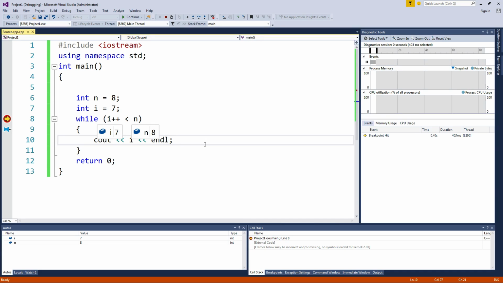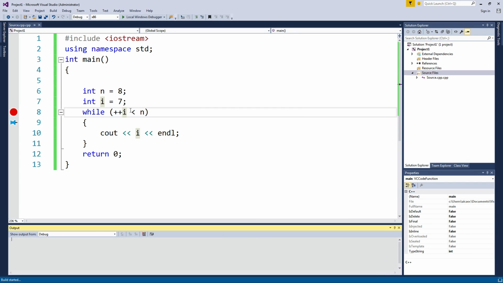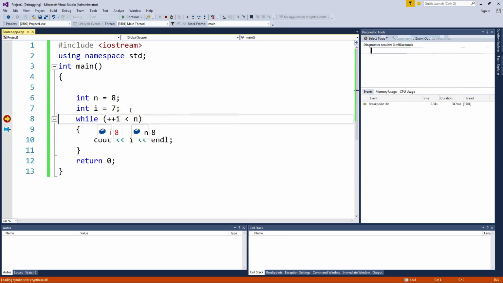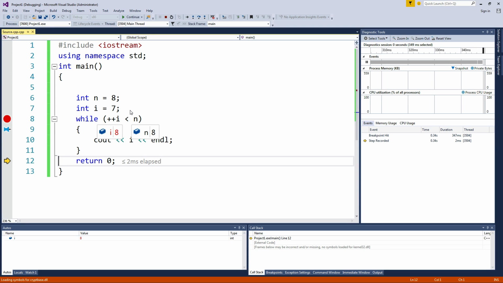So if you actually step here, I will change from 7 to 8. And then it will print out this line. The difference is that if you had this before the I, so I is 7 right now, but before that expression is evaluated, it will add 1 to it, which will mean that I will turn into 8, and then won't go in there, because that plus plus happens before it uses that variable.